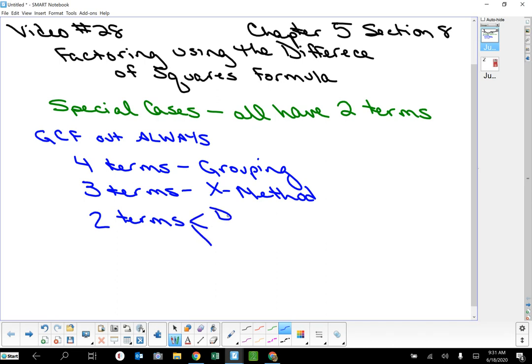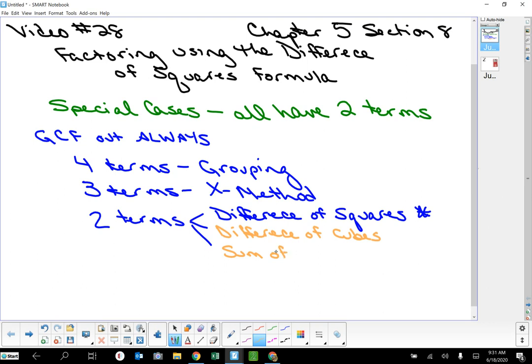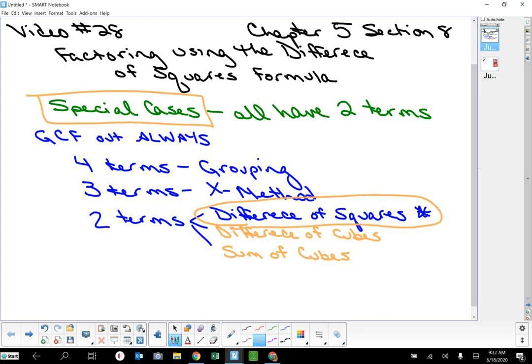So this first one is difference of squares. That's the one we're going to talk about today. And then in the next video, we'll talk about the difference of cubes and also the sum of cubes. They're very similar to each other. All right, so the big one today, we're going to talk about difference of squares. Again, it's the first of your special cases, and all of your special cases will have 2 terms in them,